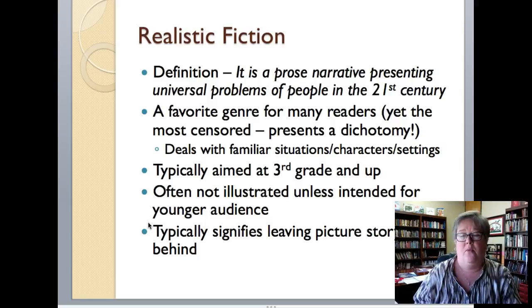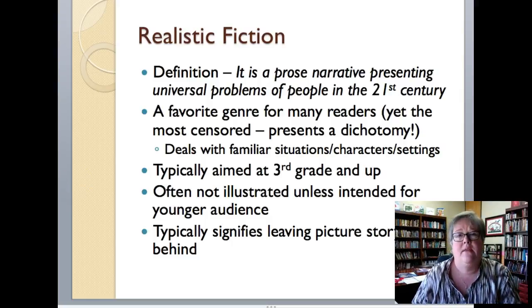Picture storybooks are one of the best ways to reach students at higher grade levels, upper elementary, all the way up to high school. Even though many stories that are presented in picture storybook format have illustrations, that doesn't mean they don't also have meaty text and meaty